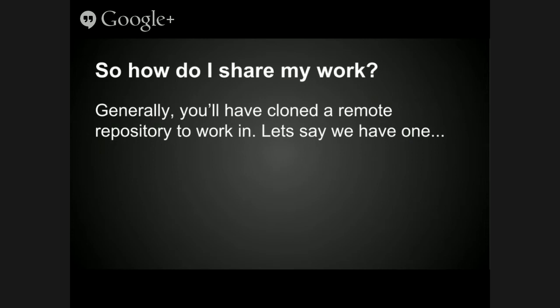So how do I share my work? I've got a folder with some files in it and some hashes, but I want to share my magic text file that says hello. It's really important work. Generally, you'll have cloned from a remote repository that you'll be working on. If you've never used Git before, chances are that's your first exposure to it: someone says there's some code over here. So generally you'll end up interacting with a service like GitHub or Stash or TFS with Git mode, rather than rubbish Microsoft old TFS mode.